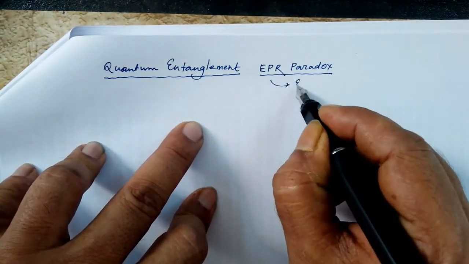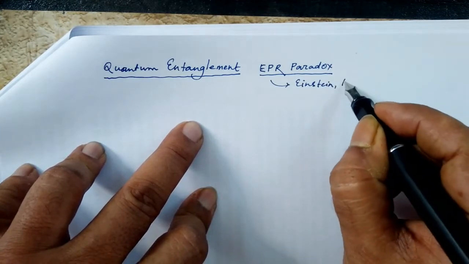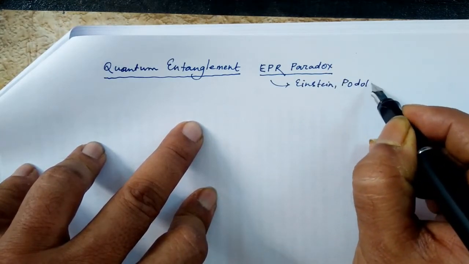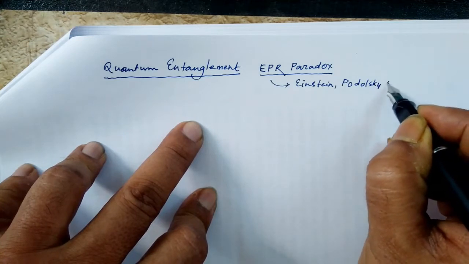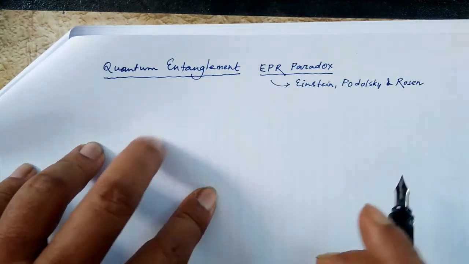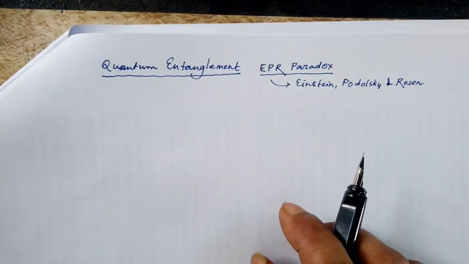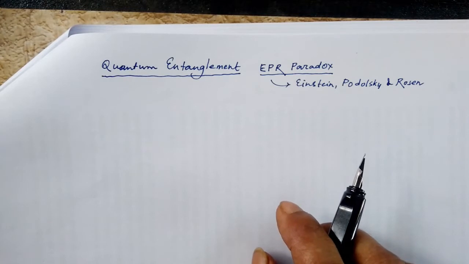So this stands for the Einstein, Podolsky and Rosen paradox. This is well known in the popular physics world that Einstein was kind of suspicious of the probabilities